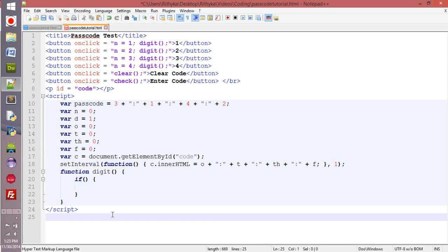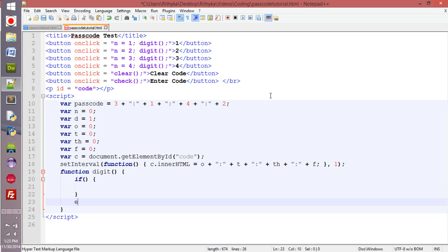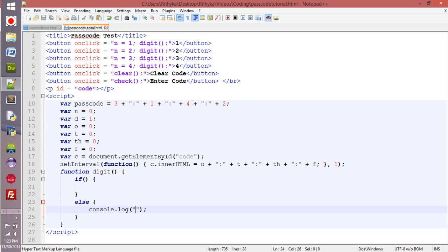Okay. So get your if else statement. Then in the else you do console.log whatever message so you know that something's wrong. I'll just put error again. And if n is equal to 1 and this stands for and, two ampersands, and d is equal to 1, then O is equal to this number,